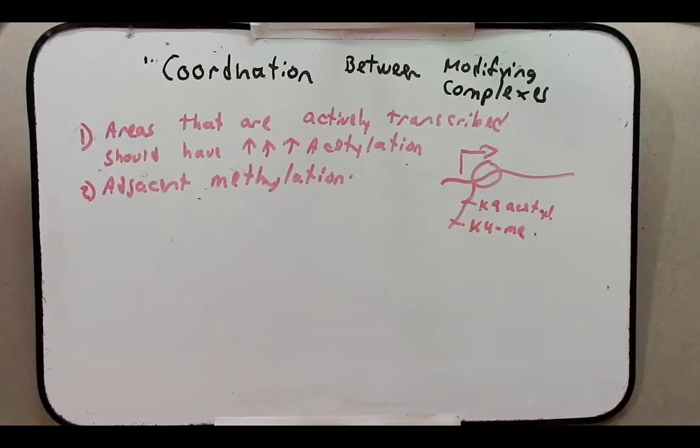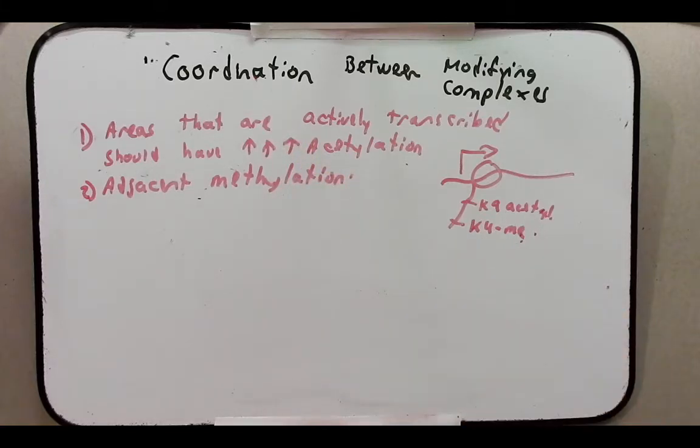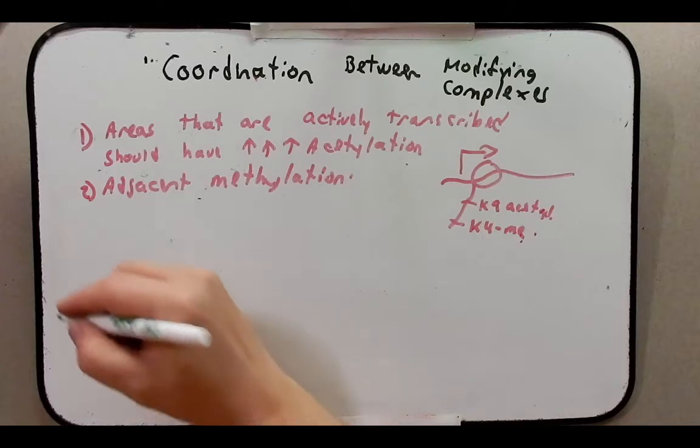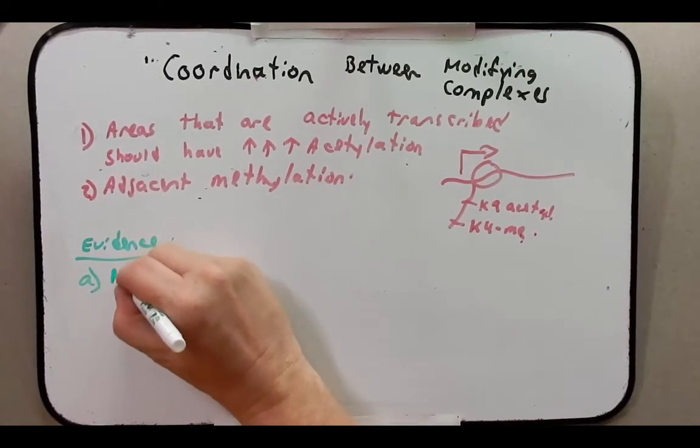So we might predict that there should be a coordination between acetylation and methylation, between these two sets of complexes. And there is some evidence to suggest this. So let's list some evidence. We will often see multiple